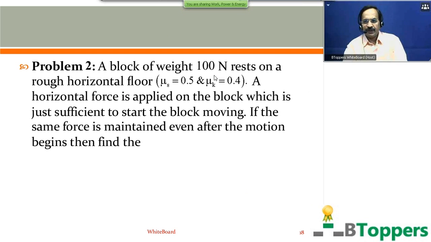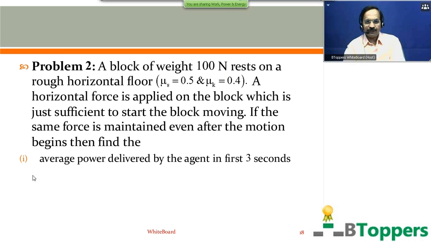A block of weight 100 Newton rests on a rough horizontal floor. μs equal to 0.5 and μk equal to 0.4. A horizontal force is applied on the block which is just sufficient to start the block moving. The same force is maintained even after the motion begins. Then find, the first part of the question,